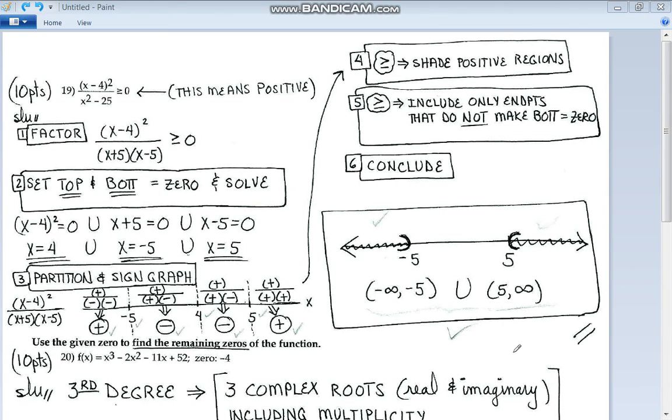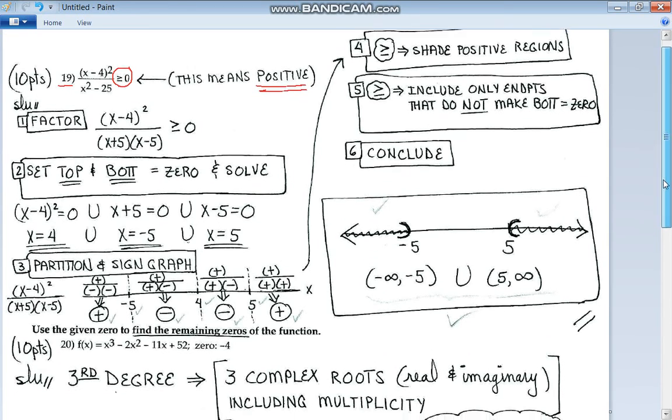Hi, Math 7A Exam 2, question number 19. We are going to solve this rational inequality. It's number 19, and the problem is (x minus 4) squared over (x squared minus 25) is greater than or equal to 0. Greater than or equal to 0, we're only interested in regions,